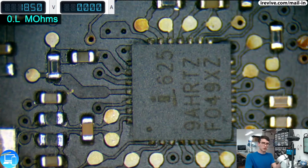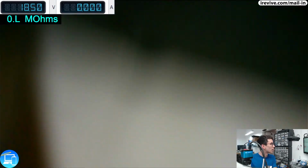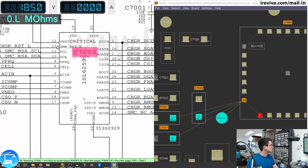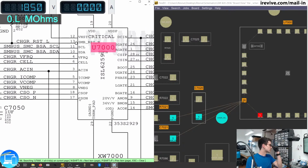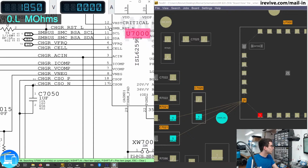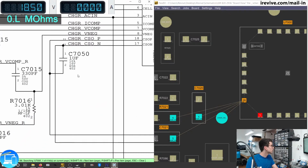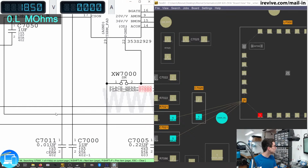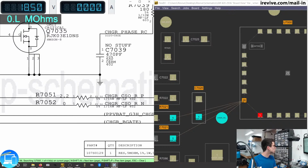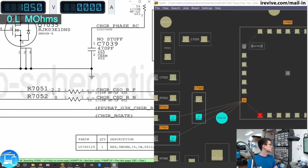So there's two parts of the current sense around the ISL. And the other part that we want to check is going to be around the battery area. So we can see right here, pin 18 and pin 17, current sense out, positive and negative. Now if we look at pin 18, we have another capacitor very similar to C7020. This one is C7050. And when it goes through here, eventually makes its way to R7051, which has a resistance